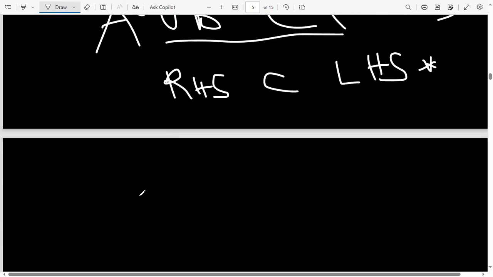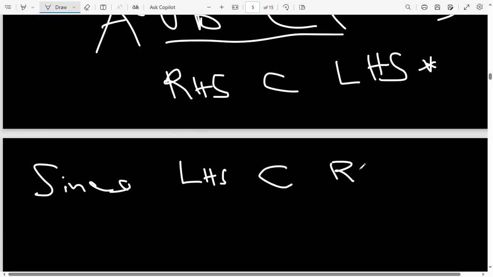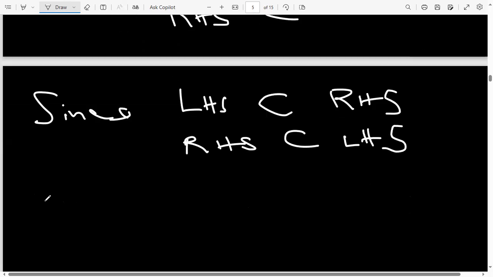So to conclude, you are going to say that since the left-hand side is a subset of the right-hand side, and the right-hand side is also a subset of the left-hand side, then